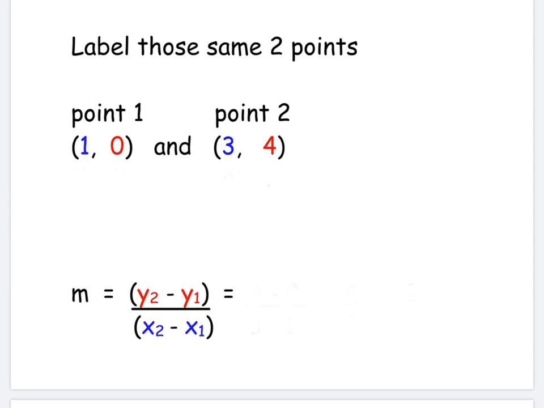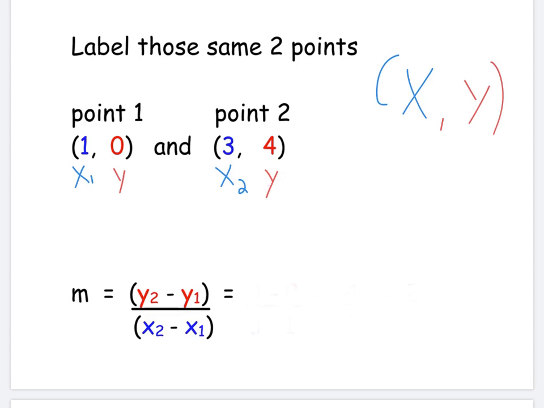So I'm looking at both of these first values in an ordered pair being the x, because remember, ordered pairs are x, then y. But you can't have 2 values of x because you don't know where to put them in the formula, so you need to give them the subscripts. So I'm going to say the first one is x1 and the second one is x2. Now, the 0 and the 4 are the y values,